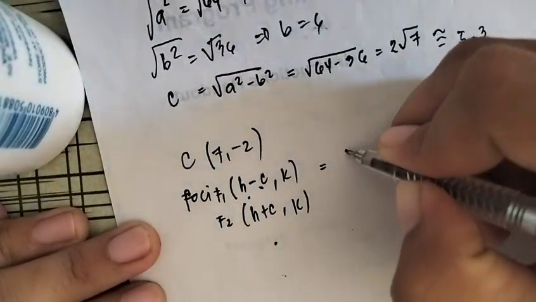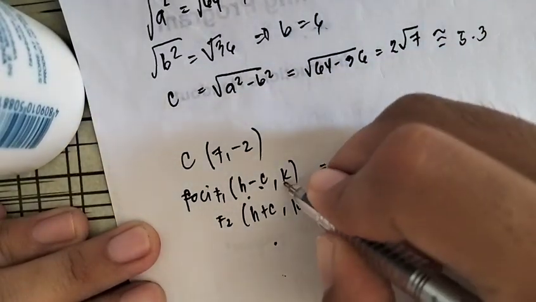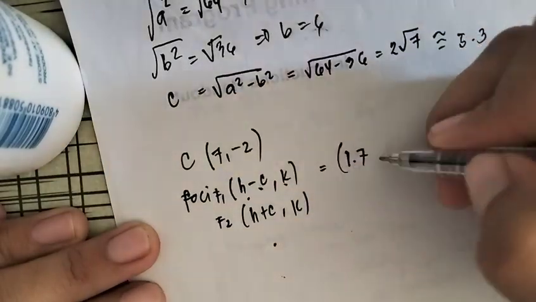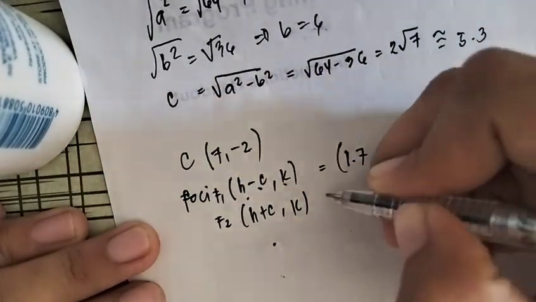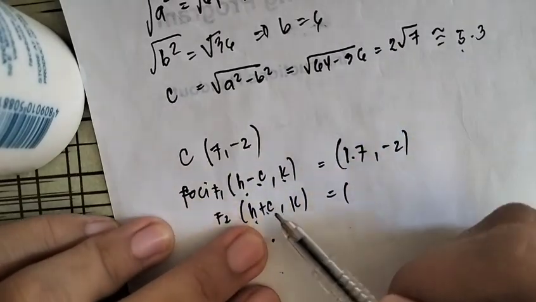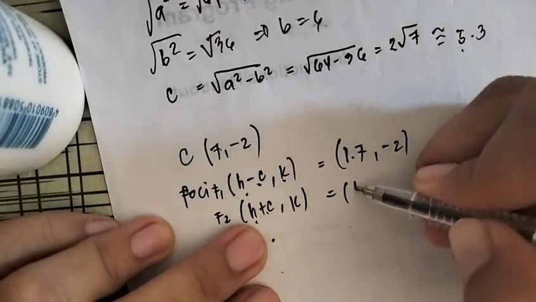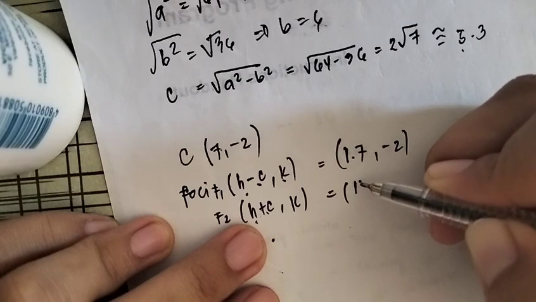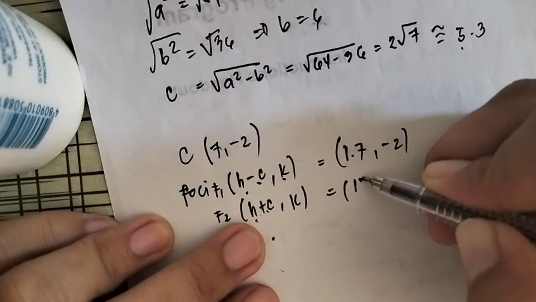So, na kay 1.7 copy K nga negative 2. 1.7 negative 2. Then diri H plus C, or C is 5.3, H is 7. So na kay pila? 7 plus 12.3